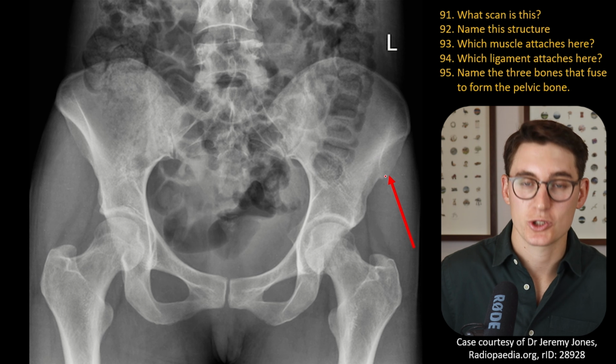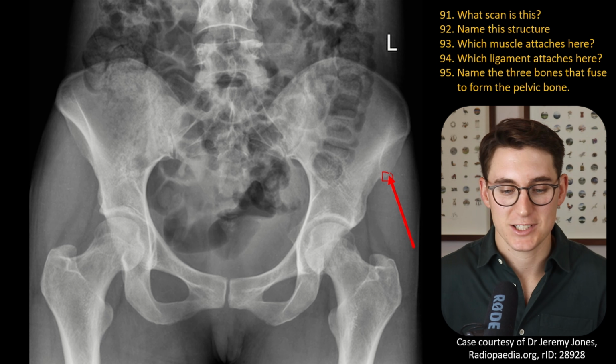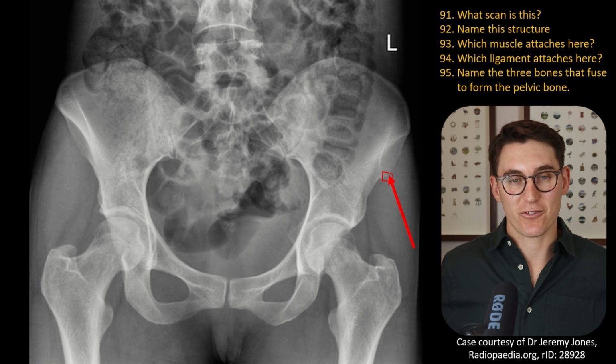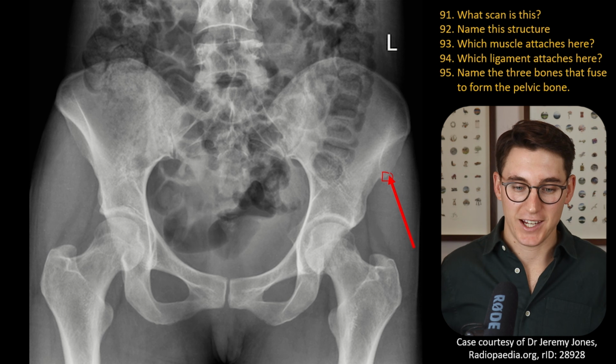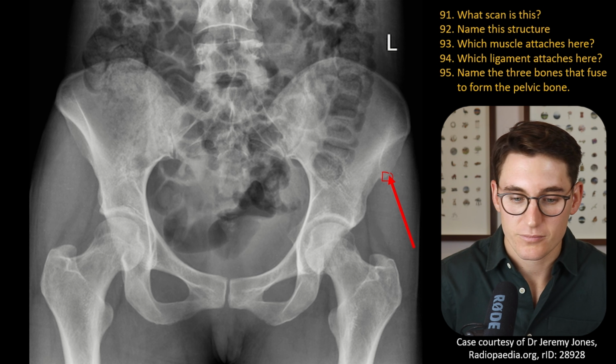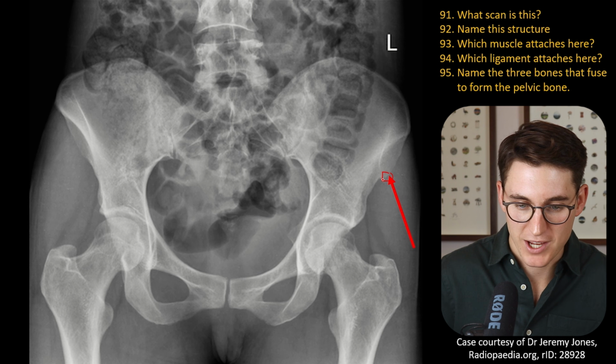Well, we have our sartorius muscle heading from this ASIS all the way down to the tibia. It bypasses that femur. This is a long muscle that runs from lateral to medial. It crosses the hip joint as well as the knee joint. That's the only muscle that attaches here that heads down towards the leg, but we also have a ligament that